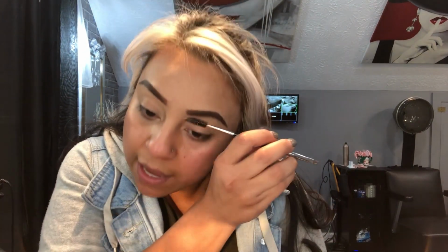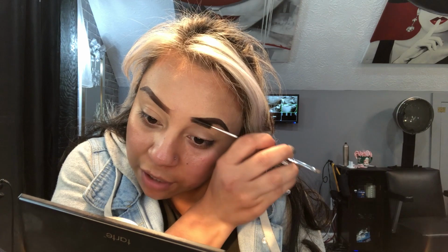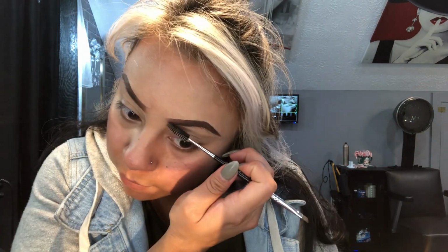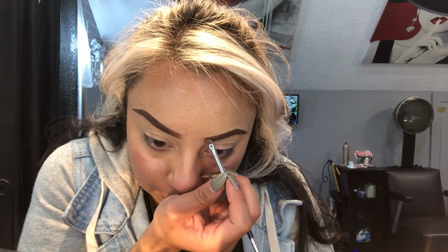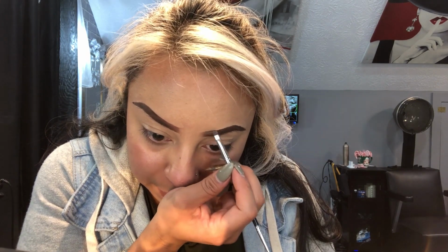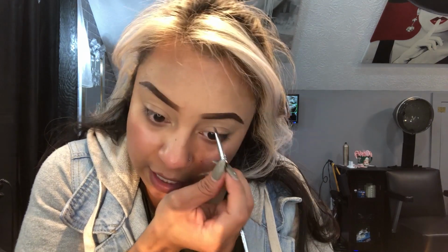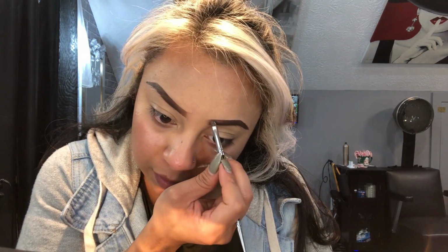And then I will go in again with the spoolie end and kind of feather out the very beginning so that they look a little bit more natural and not so blocky and thick. If I don't like how this looks super tiny compared to this one, again, just go back in with a little bit and, when it comes to the front, barely touch your skin with it and just kind of feather it up on line. So you can go back with the spoolie and just